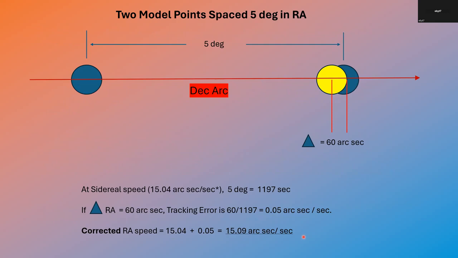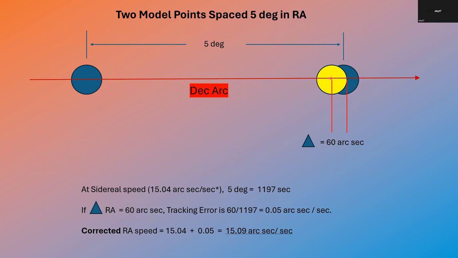But I did run this little graphic by Ray, and he said, "Yeah, that's exactly how it works, at least to first order." So here you have a DEC arc shown in red. This is one of your declination arcs, and these blue dots represent the data points from your APPM mapping run. Say they're separated by 5 degrees in right ascension. Normally sidereal speed is 15.04 arc seconds per second. So 5 degrees would take 1197 seconds to go from point A to point B, the two green dots. If your plate solving shows that the delta in RA is say 60 arc seconds,